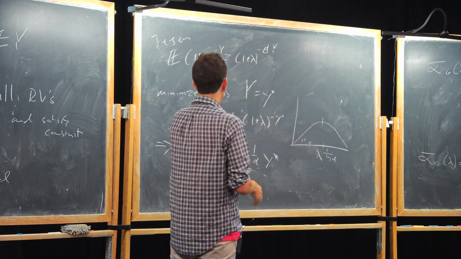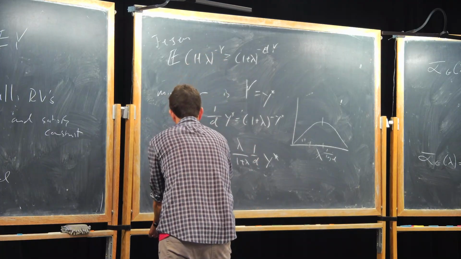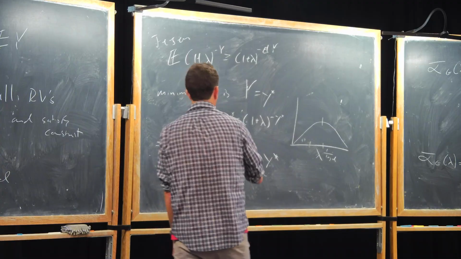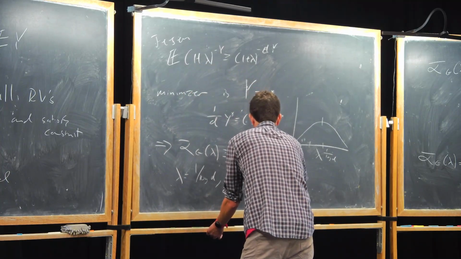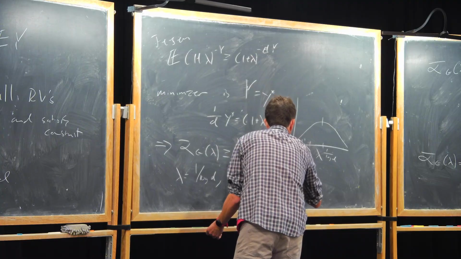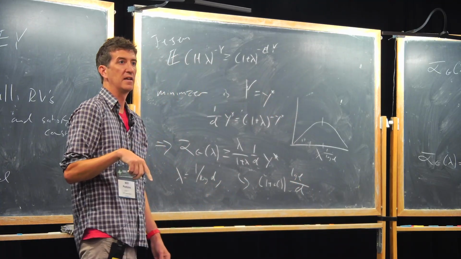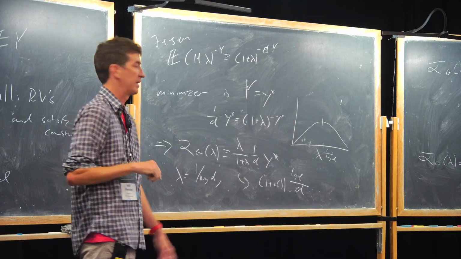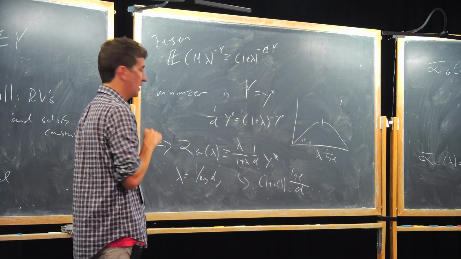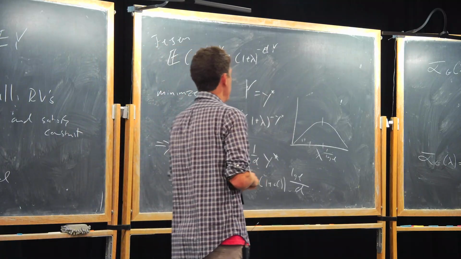So if you plug in 1 over log d and solve this equation, so if lambda equals 1 over log d, this right-hand side is 1 plus little o(1) log d over d. And so plugging in 1 over log d gives the theorem. But that's just some calculus. So that's theorem 4, right? Theorem 3,